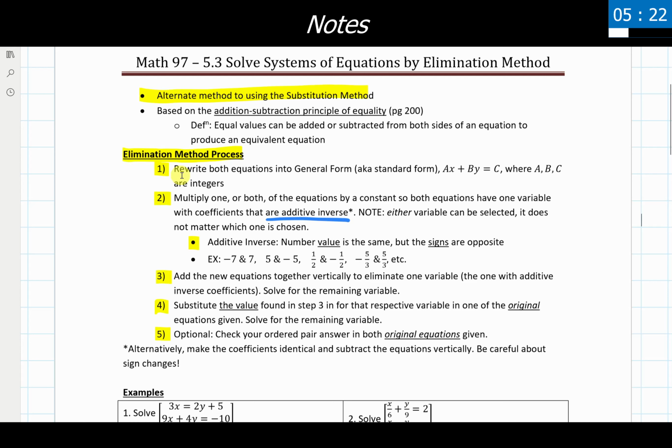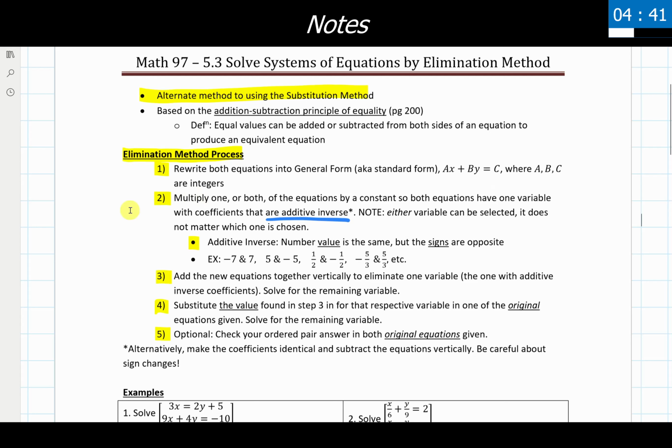So first and foremost, we need to rewrite both equations into general form, which is also referred to as standard form. That's ax plus by equals c, where a, b, and c are all integers. The long and short of this is we want all the variable terms on one side and all of the constant terms on the other side. So start with that right from the beginning of the problem. Always a good place to begin these things. If you don't have it in standard form, this general form here, I think the rest of this process becomes way more sketchy, and there's a lot of potential room for error with that.